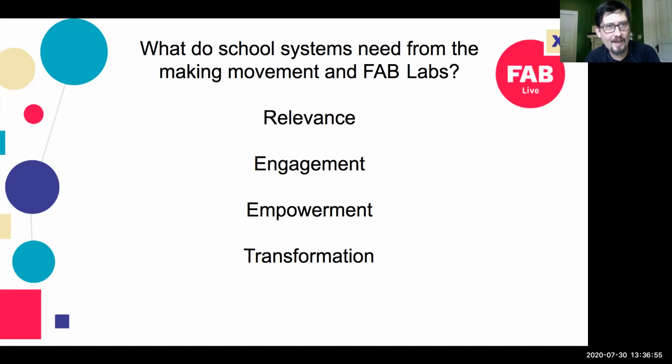With a mobile Fab Lab or with some mobile aspect of your organization, you can go to the need. School systems in general have a harder time doing that. If they have a Fab Lab at one specific school, they cannot pick that Fab Lab up and move it to disadvantaged communities. A mobile Fab Lab or mobile aspects of a Fab Lab can go to the need.